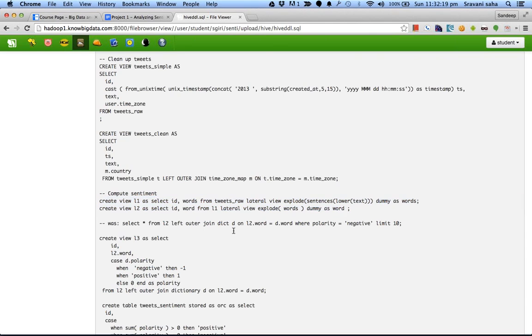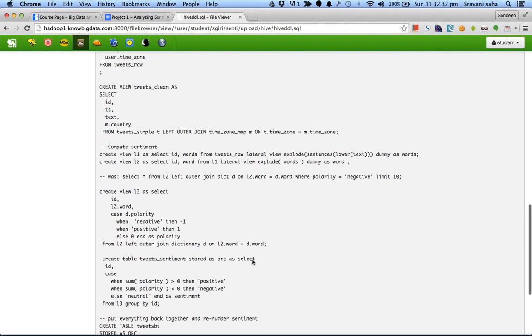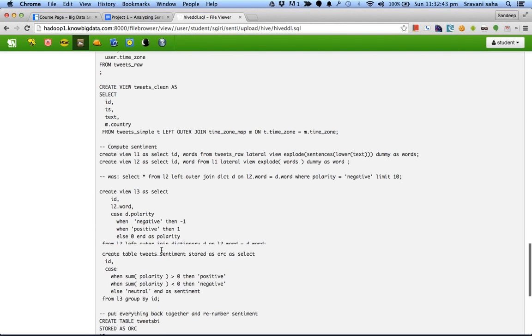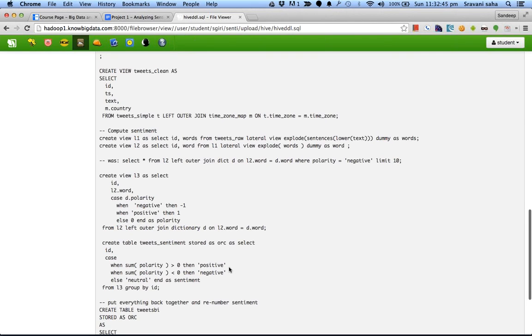All right, and here we create the views L1 and L2 on top of this data, and basically we are breaking the sentences into words, and after that we use that to compute the polarity. After joining with the dictionary, we compute the polarity by comparing the word.